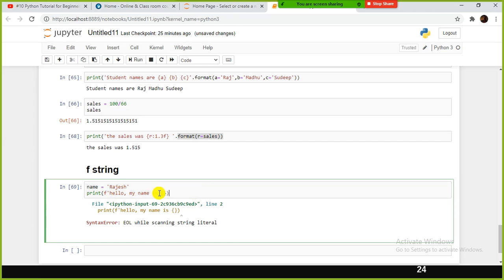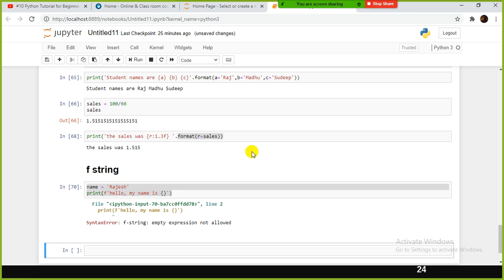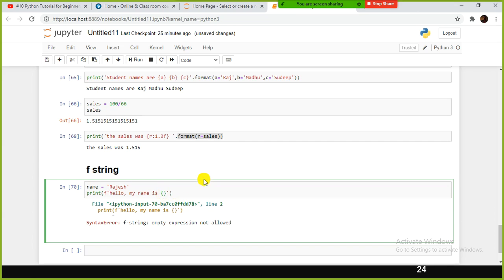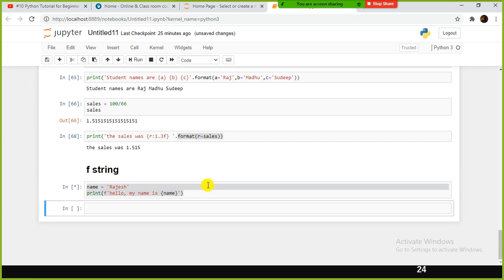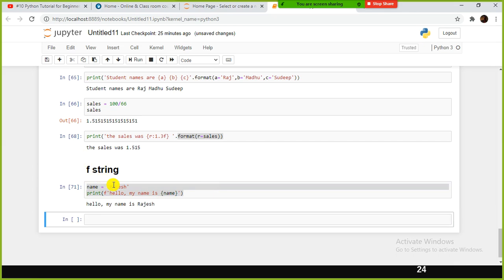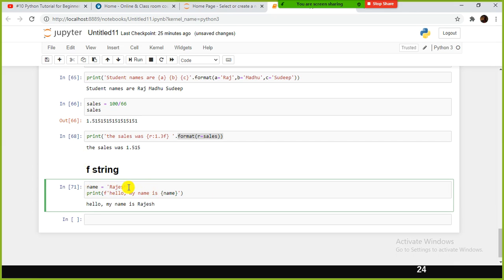Here I started with this one, I need to end with this one. Here I need to end with a quote. Empty expression not allowed. Sorry, here I should mention name, right? Only then it will get substituted. So as I assign the string value to this one, this one will get injected or passed. The value of this one will be passed as an argument to this one, and this variable is passed as an argument, right? So my name is, so all you need to do is just prefix with f, that's all.